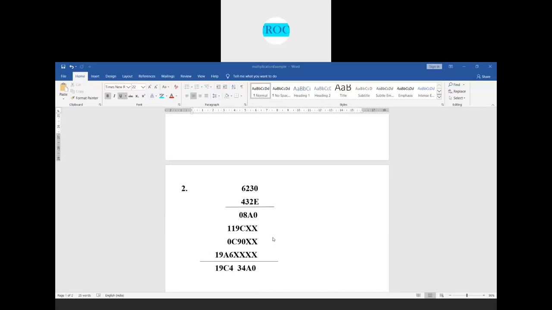The logic is the example we have shown here, right? First I'll take two 16-bit numbers and multiply them. The lower byte of the second 16-bit number is multiplied with the lower byte of the first 16-bit number, and I will store this result 08A0 in some registers.